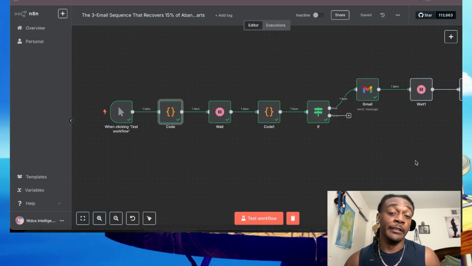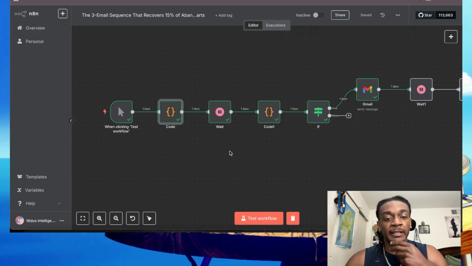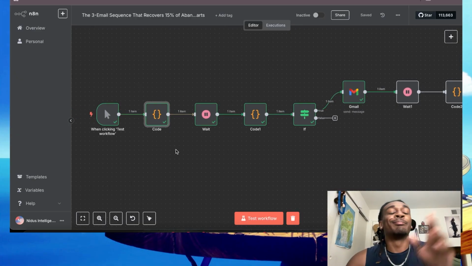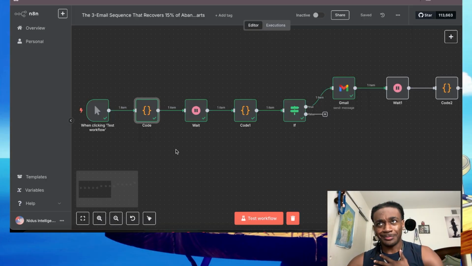In today's video, we are going to be going over the 3 email sequence to recover 15% of any abandoned carts on your Shopify, Wix, WordPress. It doesn't matter. Any platform that has endpoints or webhooks capability, you can use it here in this N8N workflow. So getting right into it, pretty much how it works is